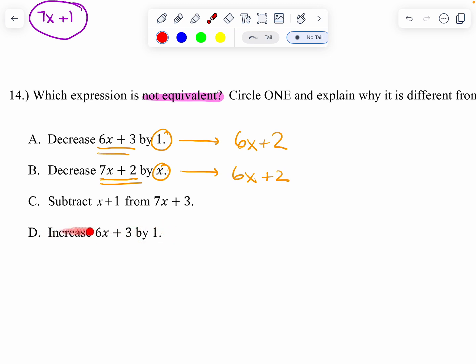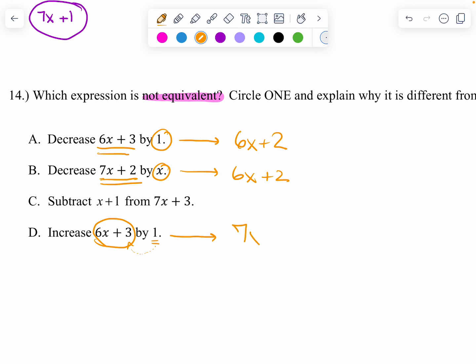I'm going to look at this one next because this one looks simpler than this. This already is giving me anxiety. And that's okay. When you read these and you're like, oh, I'm panicked, there's a lot going on there, it's okay to skip around. Increase 6x plus 3 by 1. So increase this by 1. Again, the 1 is only going to impact the number. So if I increase 6x plus 3 by 1, I'm going to get